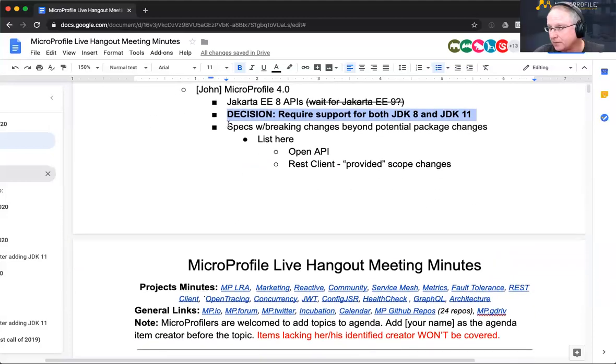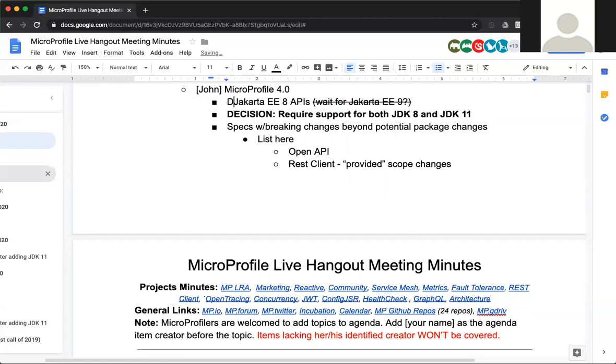However, I think we mentioned earlier that MicroProfile 4 is consuming Jakarta EE8. Earlier we said maybe it's a MicroProfile 5 or something. We'll do another release. I think we are in agreement. Yeah, that's what we took, that's the meeting notes that we have here.